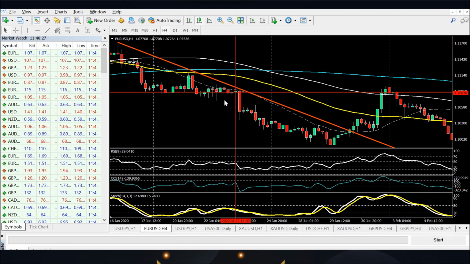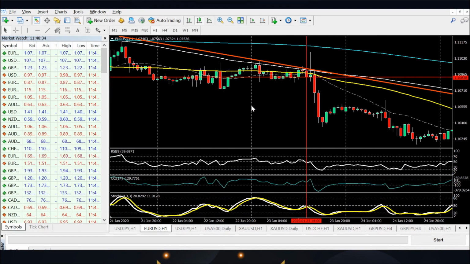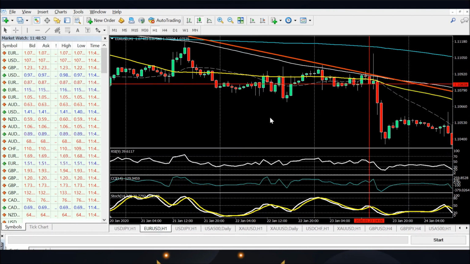But is it still okay to sell? Yes, I would say it's still okay. No trade is perfect, right? No trade is perfect. So also make sure that you check that you're not trading into a high impact event. Okay, so is it still okay to enter this trade? Let's see